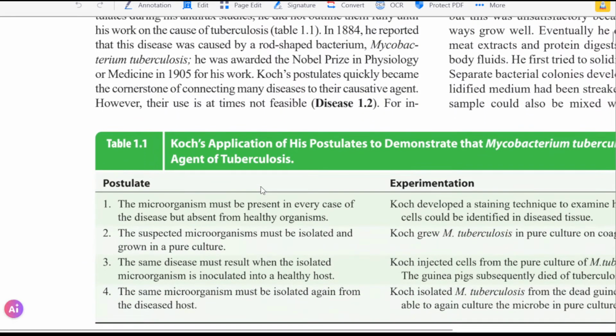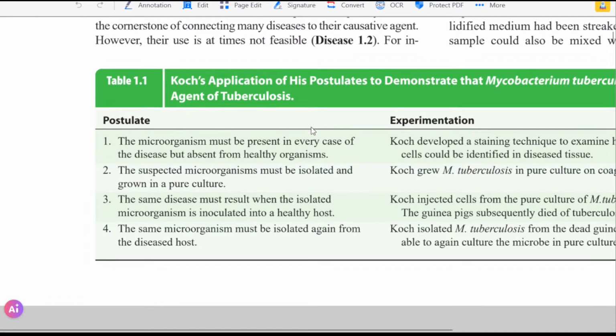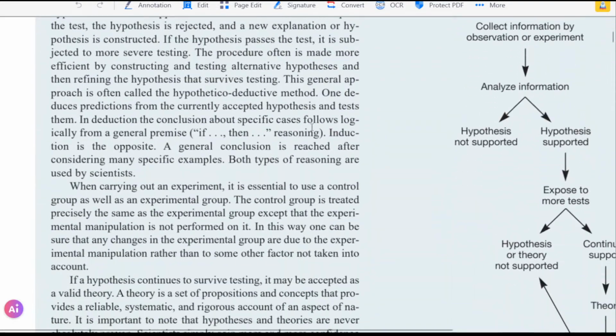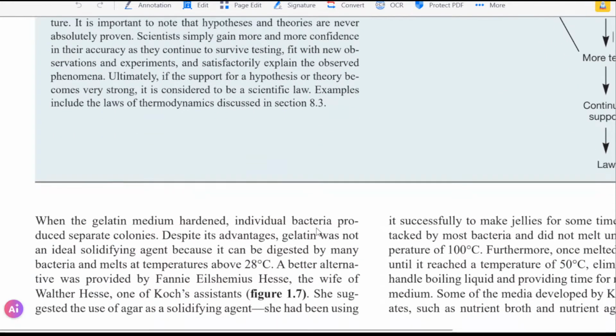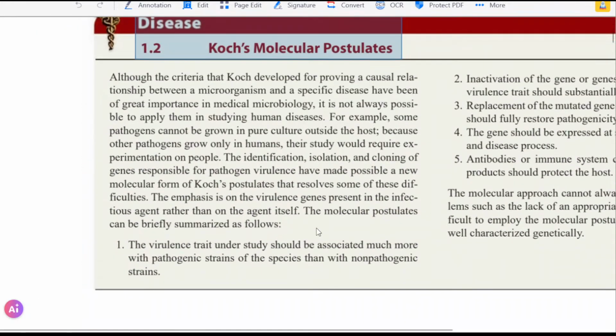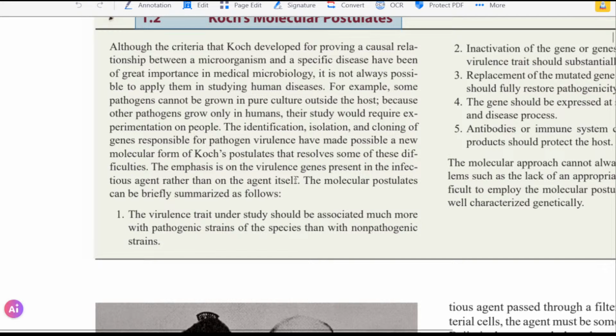The infection happening because of Mycobacterium tuberculosis was tuberculosis, and he did step by step the same steps he did with anthrax, and from that he formed the Koch postulates as well. So first this was his contribution, but when you advance, there are Koch's molecular postulates, in which he said that microorganisms have some virulence factor, a pathogenic factor, that is associated with their pathogenicity, right?